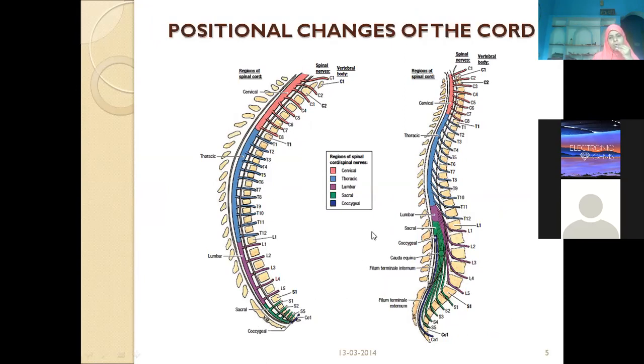But as we grow older, the spinal cord will stop growing, but the vertebral column continues to grow. The nerves are still coming through the intervertebral foramen, but the growth of spinal cord has stopped much ahead of the growth of the bony cage, that is the vertebral column. That's the reason the spinal cord is ending at the level of the lower border of L1, or in some books it's given as junction of L1 and L2. Okay. After that, you are finding only the bundle of nerves which are coming out through their respective intervertebral foramina.